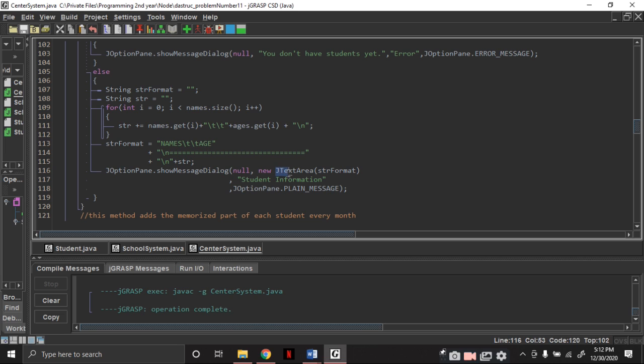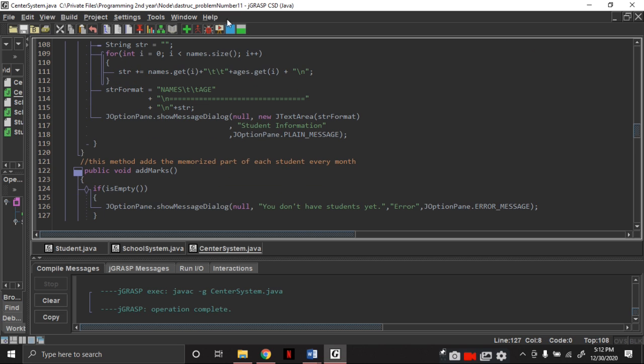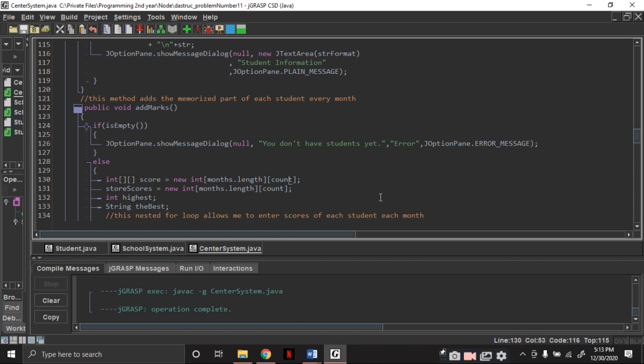That's why I use JTextArea, so that the backslash t will be effective, for better visualization.